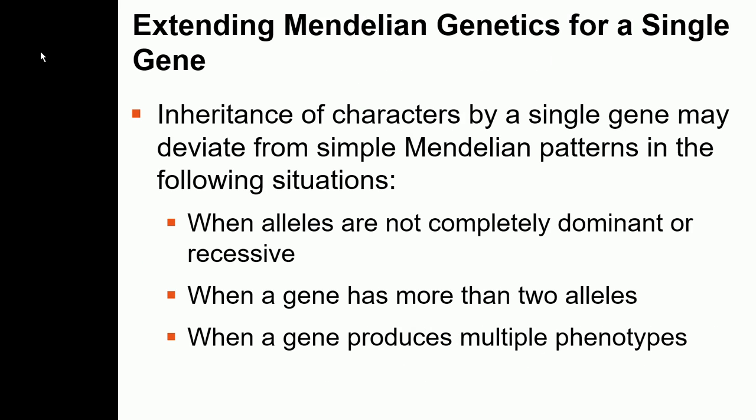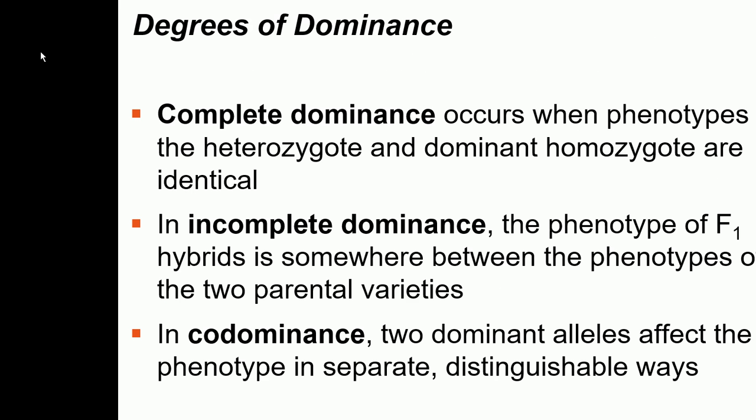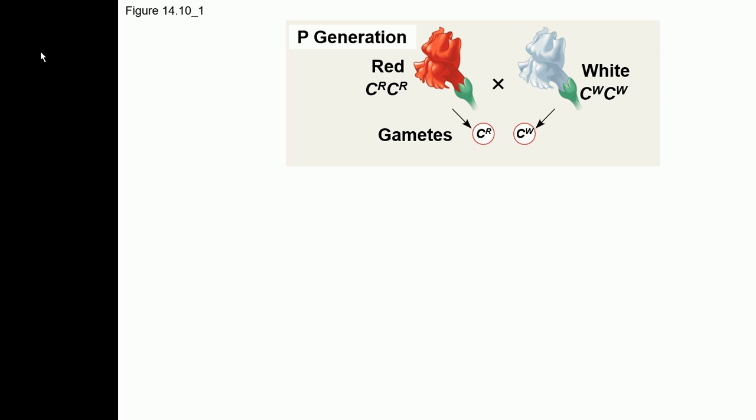So we are going to talk about the inheritance patterns which do not follow Mendel's law. The very first example I'm going to talk about is incomplete dominance, and then I'm going to talk about codominance. So in some of the genetic patterns, the complete dominance is not followed,